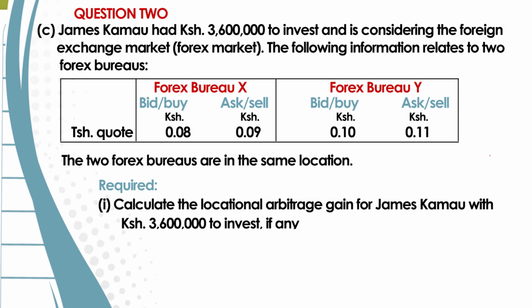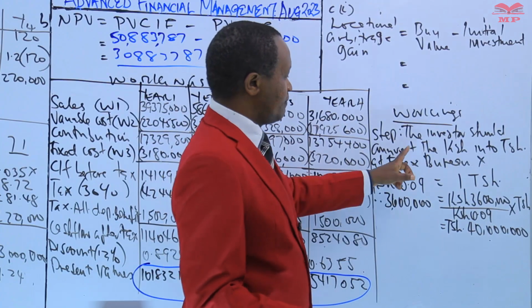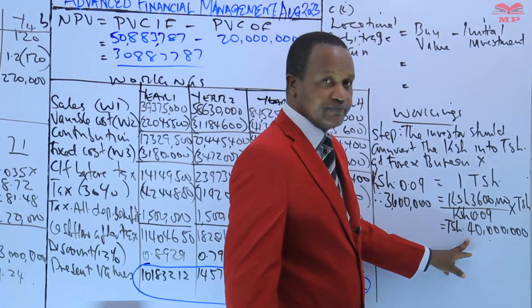That is the exchange rate. And Forex Bureau Y is buying Tanzania shillings. All right, the exchange rate is 0.11. So this investor,